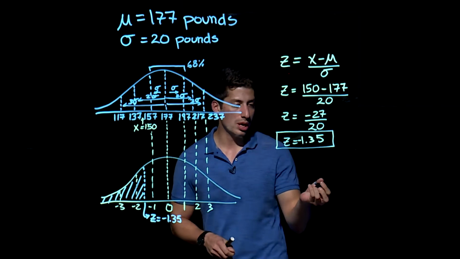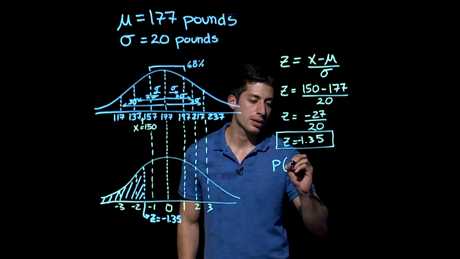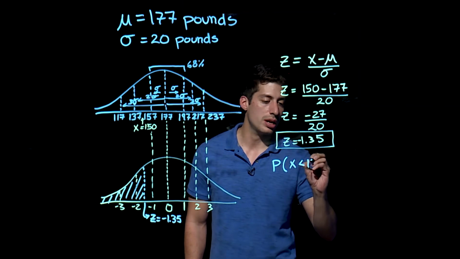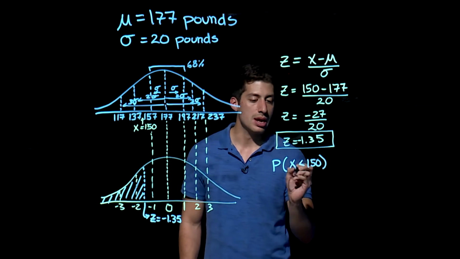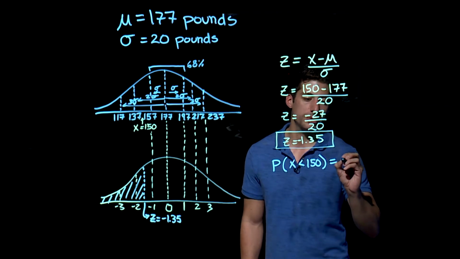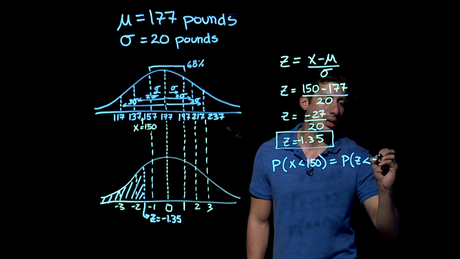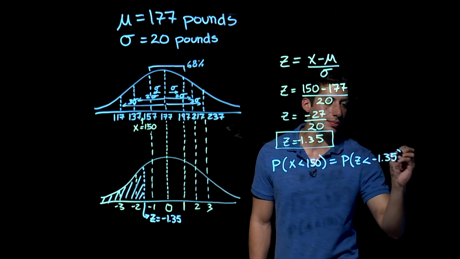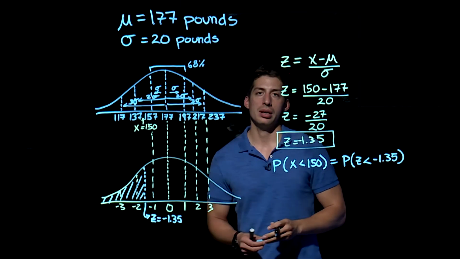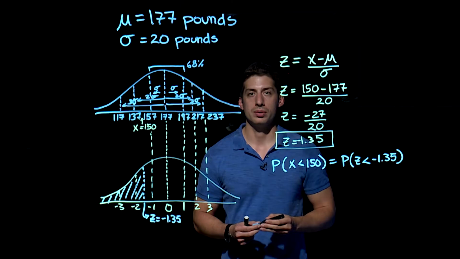Okay, so I'm just going to use mathematical notation here to denote this second step. We're trying to find the proportion of people with a weight lower than 150 pounds. This is in normal notation, and if we want to express it in standard normal terms, this would be the probability or the proportion that z is below negative 1.35. Okay, but now to estimate the area under the curve that I've shaded here, we're going to use the z table,